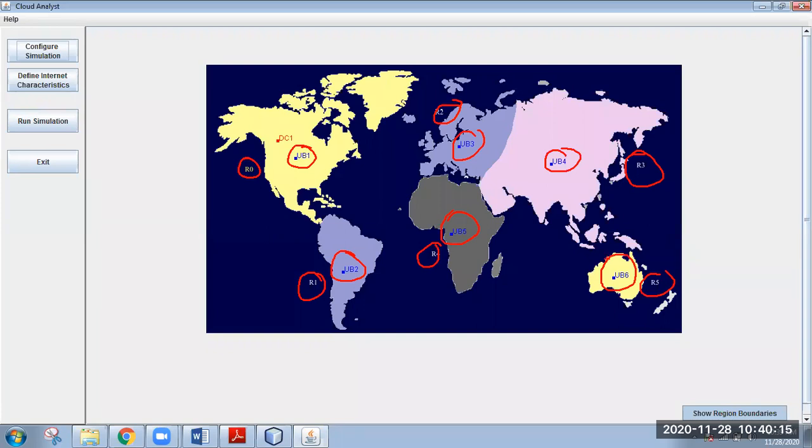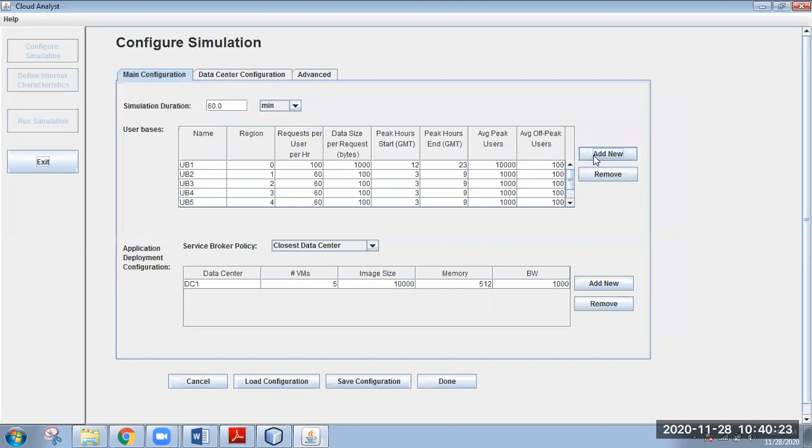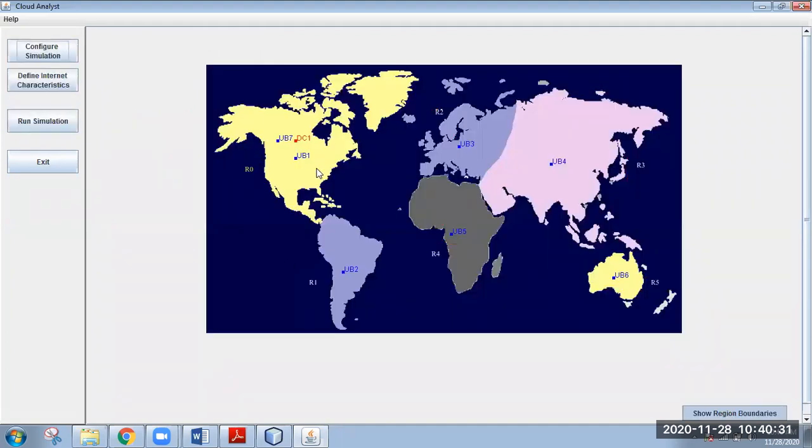So with respect to one region, I have created one user base. Somebody may tell that, sir, I want to put 2 user bases in the first region. It's okay, no problem. You create a new user base and put in region 0. And click done. Then you can see in the region 0, you have 2 user bases.